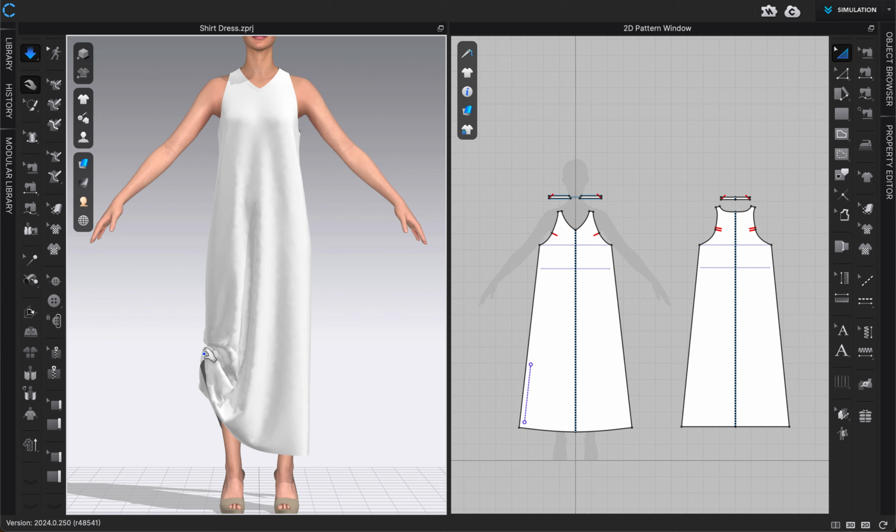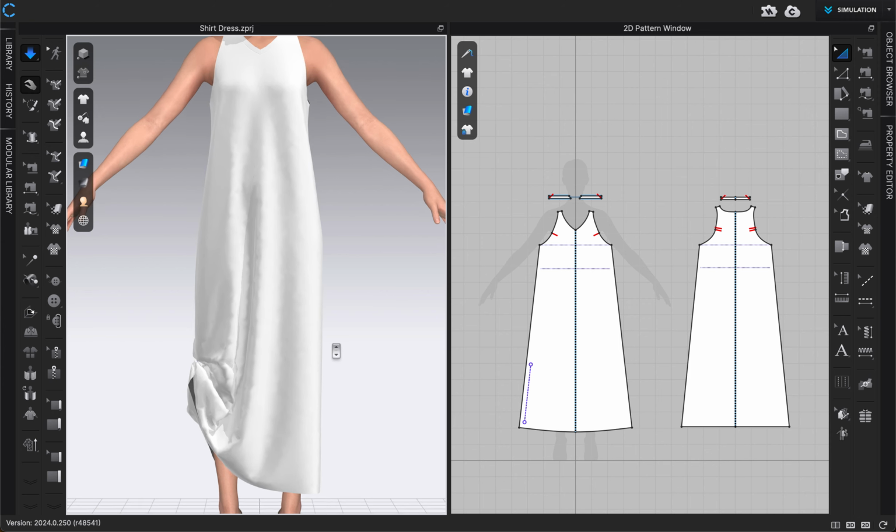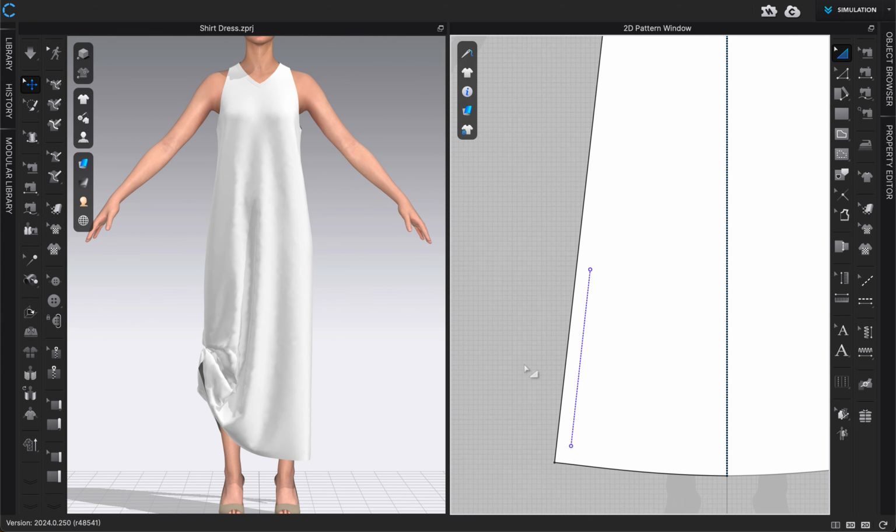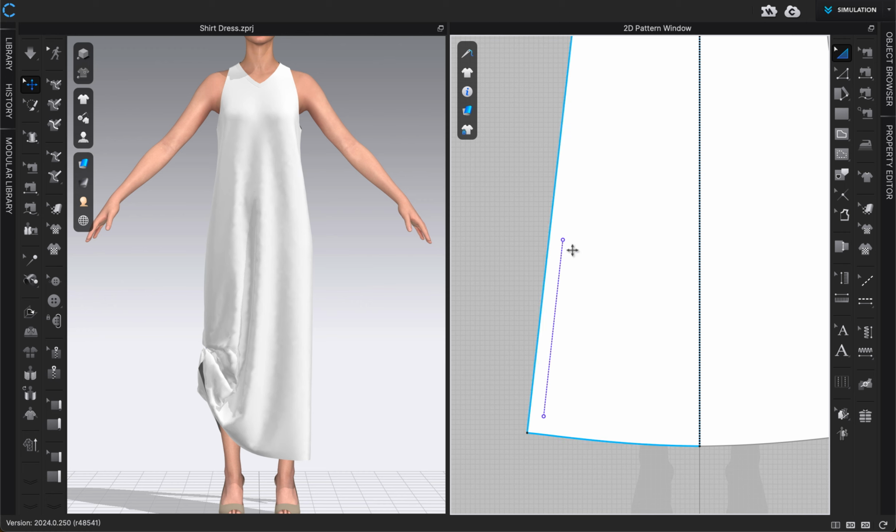And so we know this isn't actually sewn together. So the tack tool is a really good way to experiment and see if you want to actually sew this together. And then when you are ready to sew it together, like this example, we can see where the tacks are placed. So in order to sew here, to actually stitch these parts together, we would need to